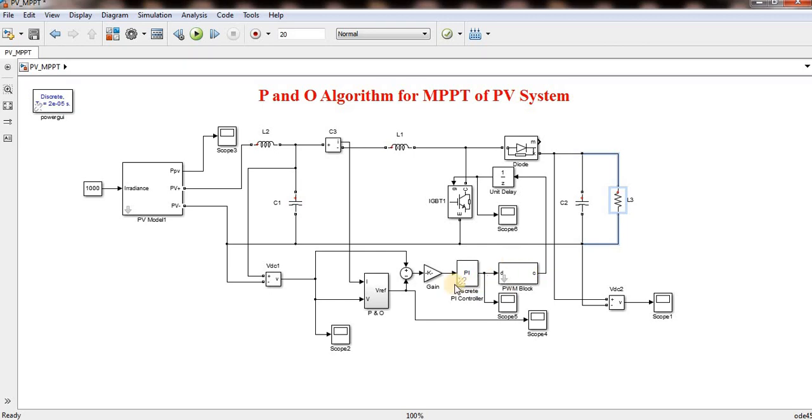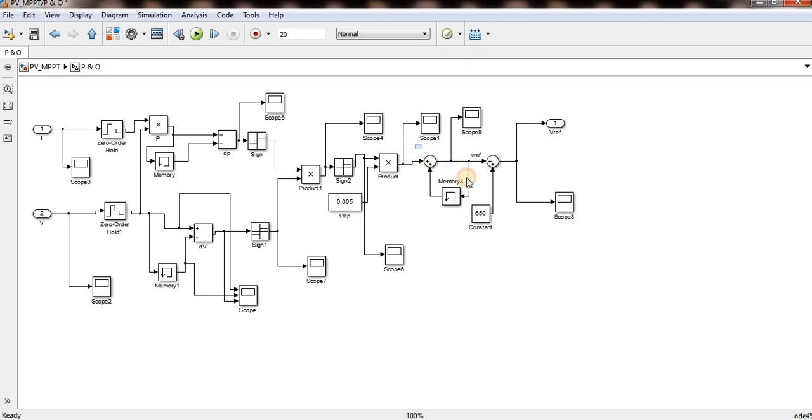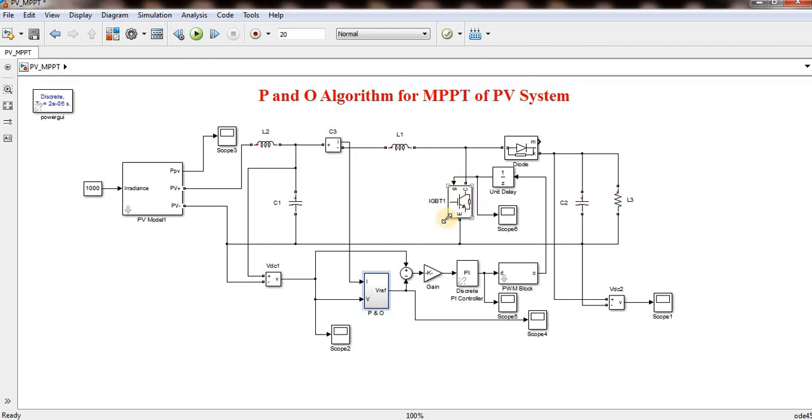You no need to go for PI and all these controllers. From this point itself, you can stop all the further things. You can stop from here and you can decide if it is positive. Even though you don't need to take this step. If it is positive, then give the pulses to switch on the switch. If it is negative, then switch off, because if it is positive, then I have to increase the voltage. So if you switch on this IGBT, then automatically output voltage will increase because of the duty cycle, because I connected the boost converter. Now I will tell you why we have to select the boost converter.